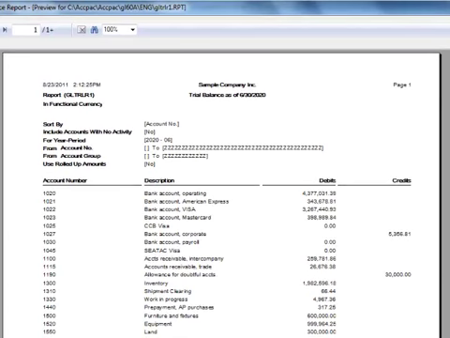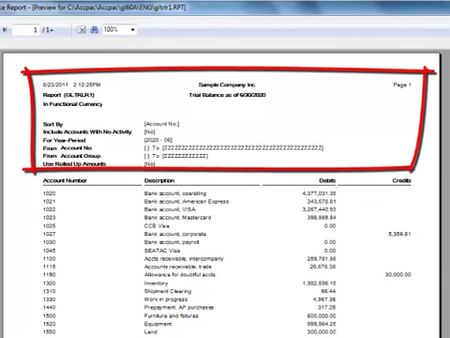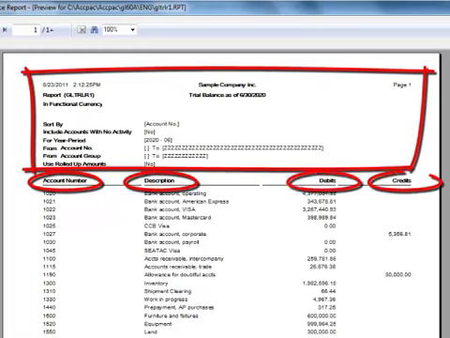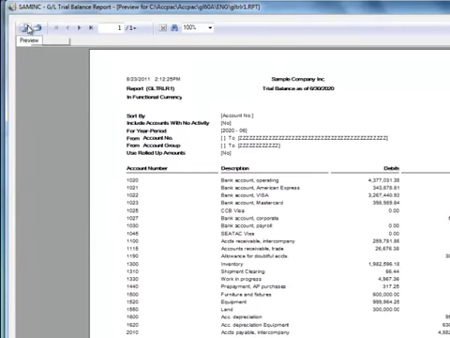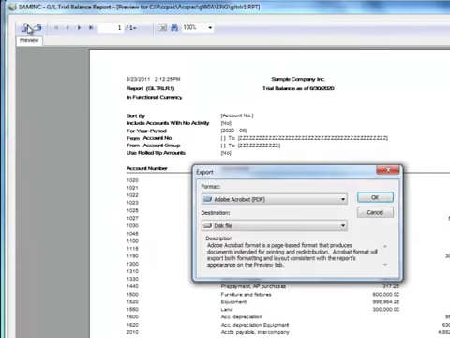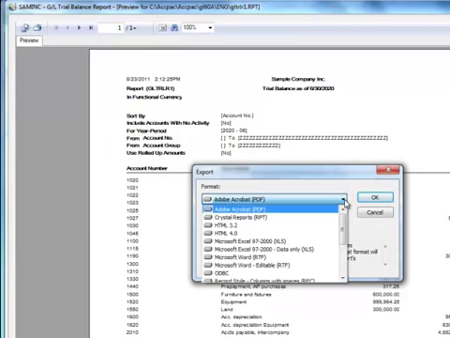This is a standard trial balance report with the header showing the report settings and columns for account number, account description, debits, and credits. We can export this data by going to the upper left corner and clicking the Export Report icon. The export format list presents a large number of file types for our export, and we'll choose Excel